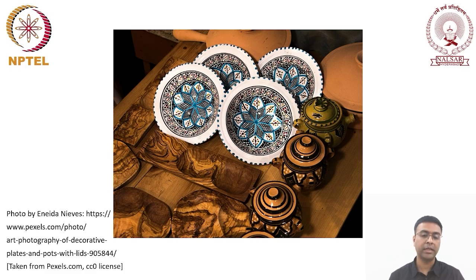What you see on your screen is an example of mass production. You have a type of graphic design which can be applied to articles and produced industrially. You can also see certain articles which have been shaped in a particular manner. The bowls you see, for example, they have been shaped in a manner such as to make it visually appealing.